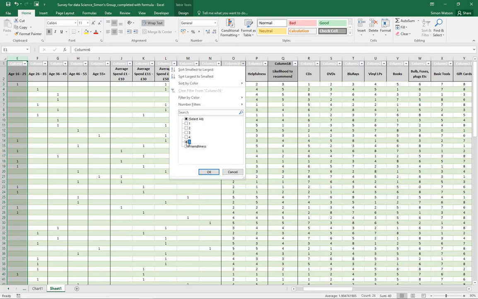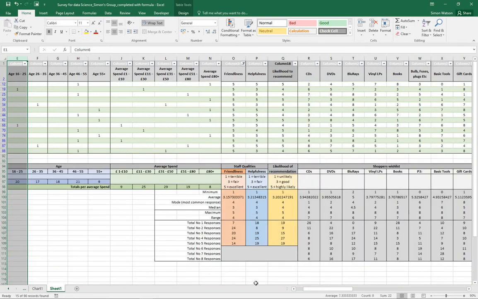And I want to just see the people who gave it a 5. That was very friendly. But also I'll tick this thing here because that's just the title in the top of the column. That's all that is, okay? So now what's happened is we've filtered it so that in the friendliness column we've only got 5s, okay? So we can see